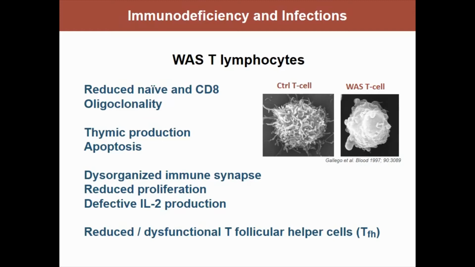demonstrated to have problems with production of naive T cells or a specific subset of T cells, the CD8 cells. They are susceptible to die quickly if you take them away from the bloodstream through a mechanism that is called apoptosis, and a series of important functions like the ability to form immune synapse, to proliferate, or to produce cytokines are affected in these cells. So this explains to us why the T cells of Wiskott patients, even though they are not fully absent like they are in other diseases, are not able to really protect the patients from viral and